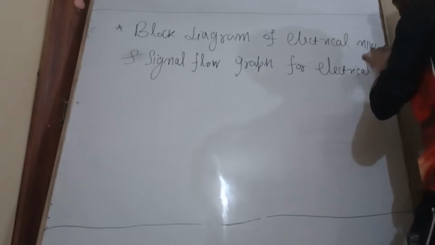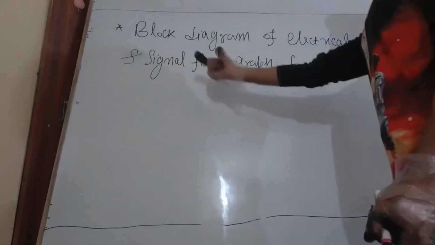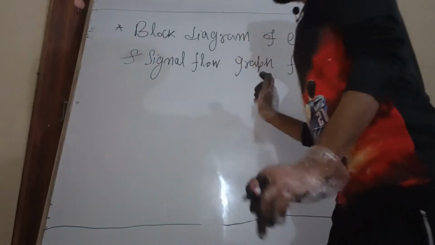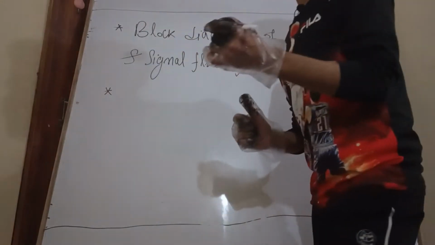Okay, how to represent the signal flow graph and block diagram for an electrical network. So now see, I am taking one simple